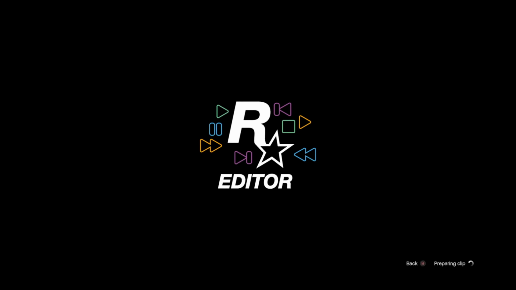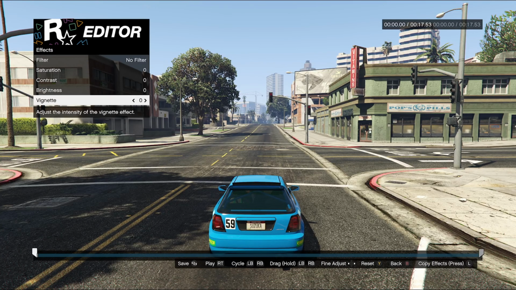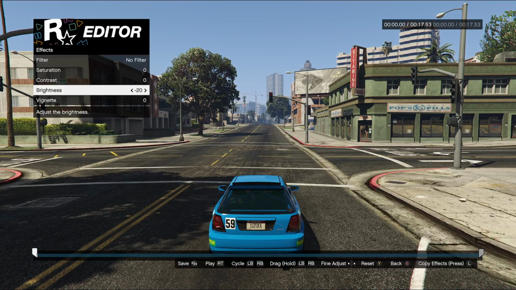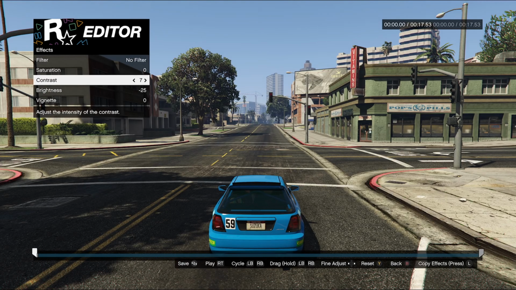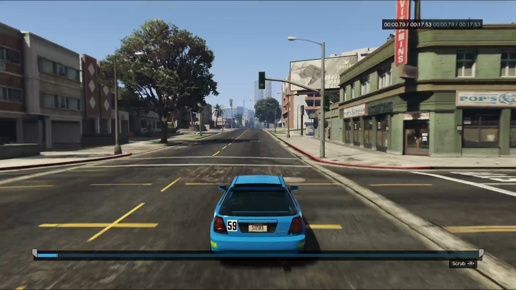And see, I'll show you how to do all the editing afterwards, but just to get the video down, you want to make sure you hit the clip there. Same thing as the other one. I like to change the depth of field and the effects. That way I get a nice blur in the background, and that way I can edit later on with a filter or something like that, so it doesn't really have too much saturation or too much contrast later on